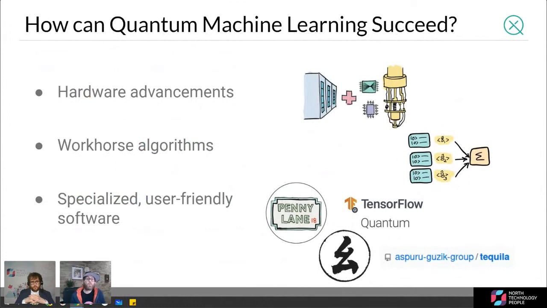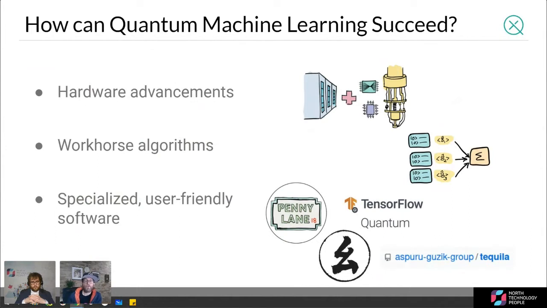Now, right now, the environment around quantum machine learning is starting to look a lot like it did back when deep learning started to really take off and have huge success. So we have new quantum processors rapidly being developed and being made available to people everywhere in the world over the last few years via various cloud platforms like Xanadu and IBM's. And many of the workhorse algorithms from deep learning, gradient descent basically, can be directly copied and applied over to quantum systems quite easily. We'll go over that in a little bit.